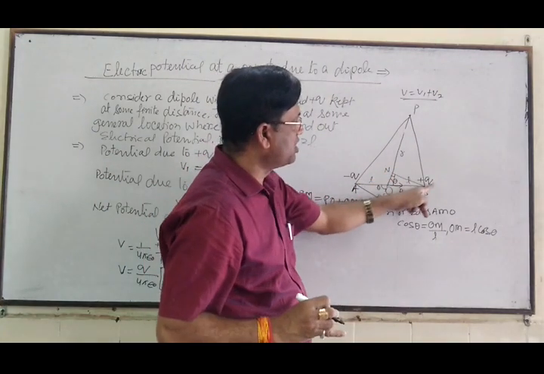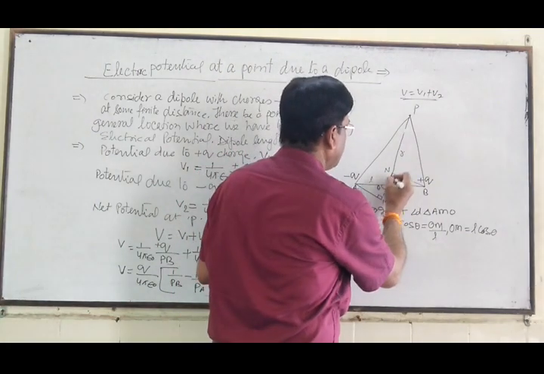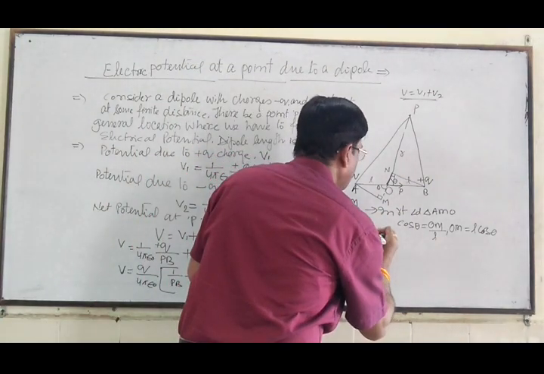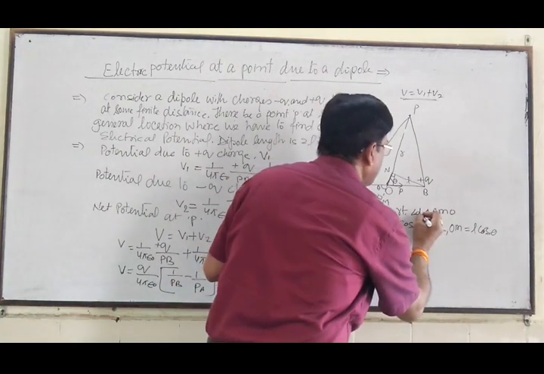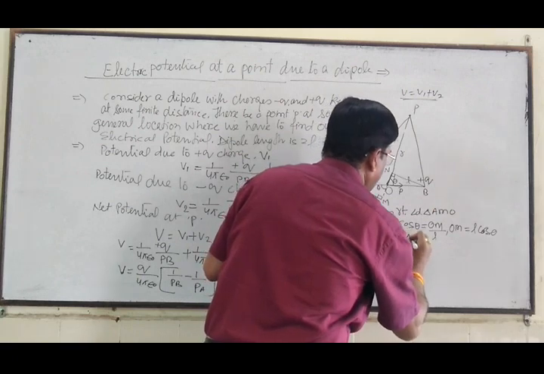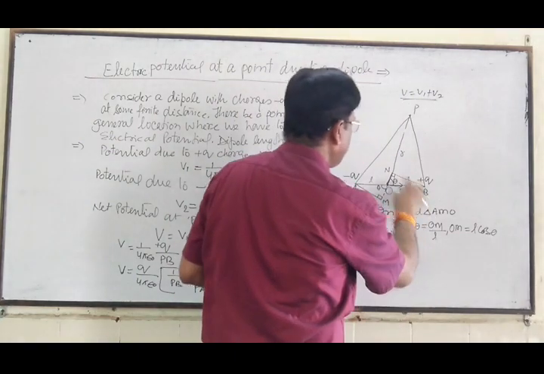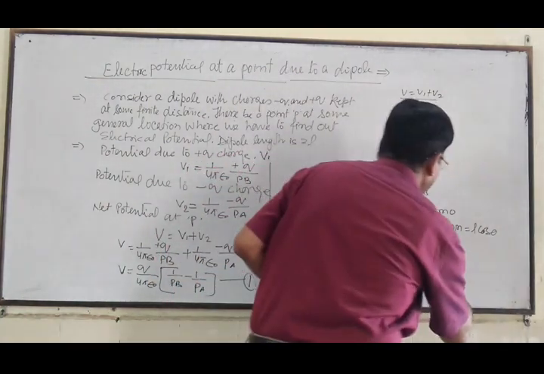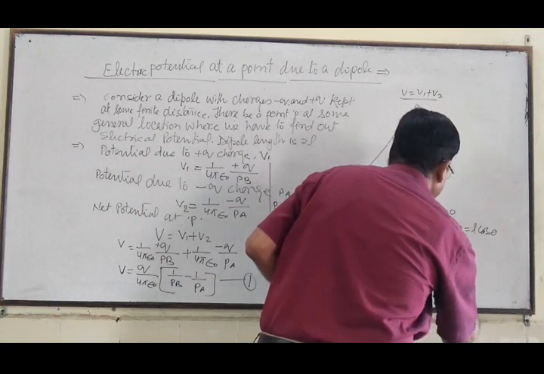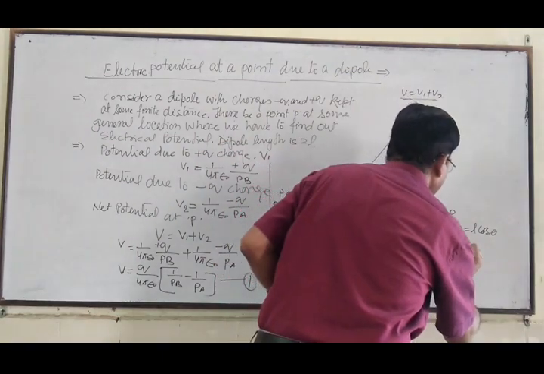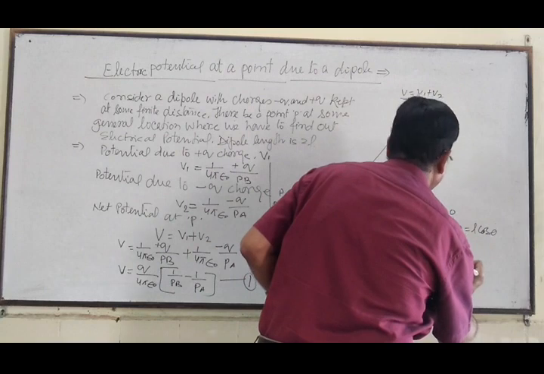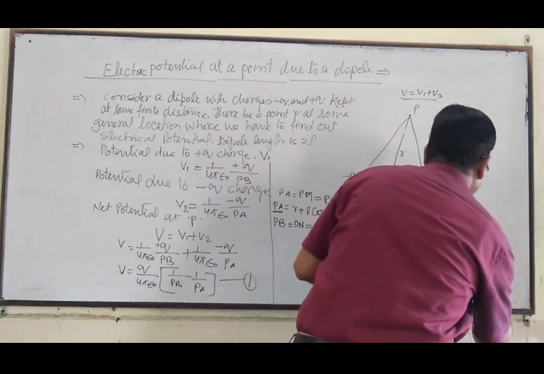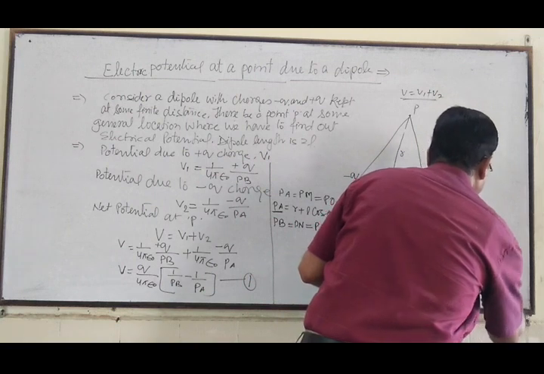And the value of ON we calculate in this right angle triangle. This ON distance you can calculate from the right angle triangle B and O. Take out the cos theta from here, then cos theta is equal to base ON upon hypotenuse L. Then ON is equal to L cos theta.